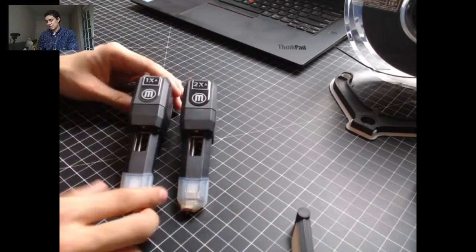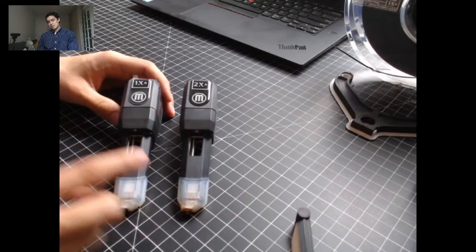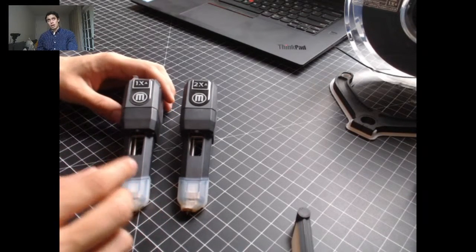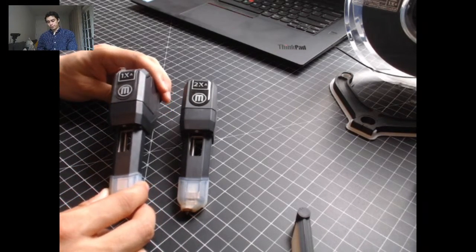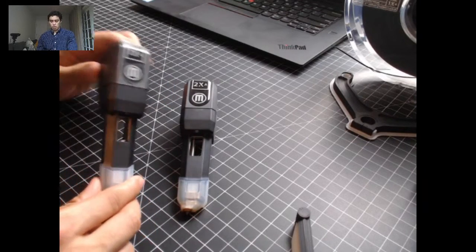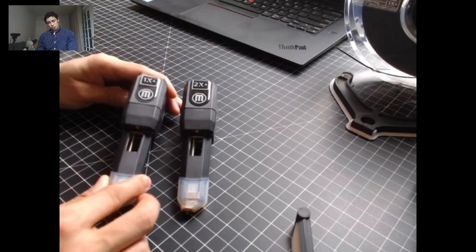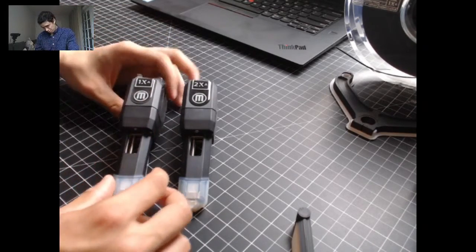So we have a dedicated extruder for ABS. That's our 1XA extruder. It comes standard with all of our Method X printers. The reason for that is that the hardware is a little bit different. It's also a dedicated extruder because, as we mentioned in the past, it's important to have